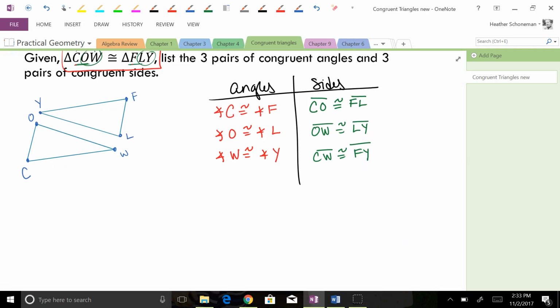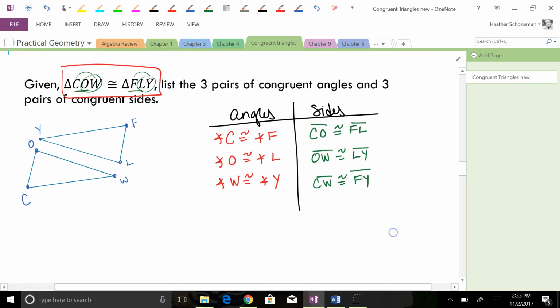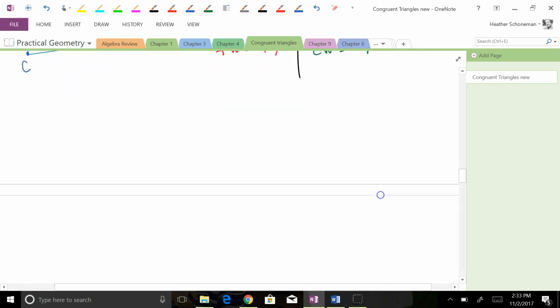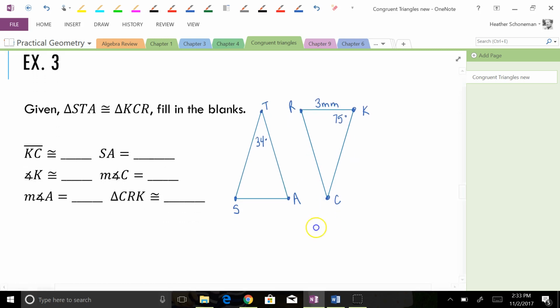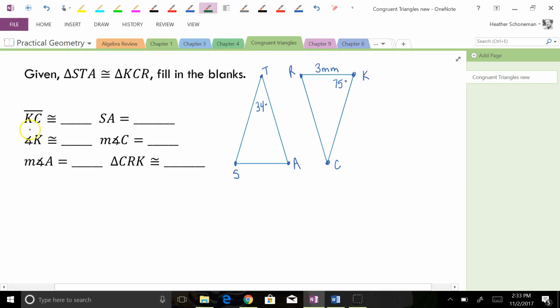Alright, so there's the 3 pairs of congruent angles and 3 pairs of congruent sides. You're always going to have these 6 things when you have congruent triangles. Alright, let's fill in the blanks. So first one, it says